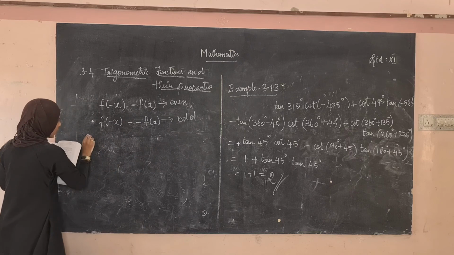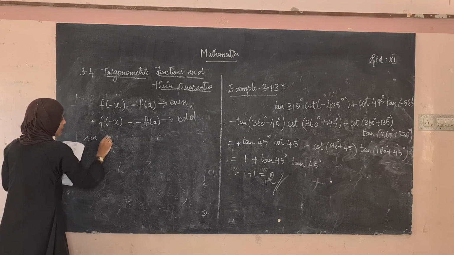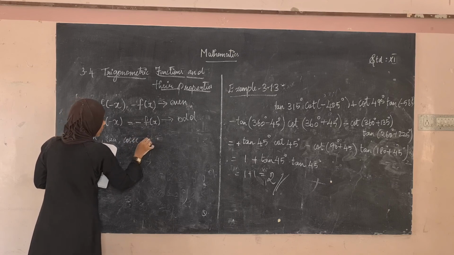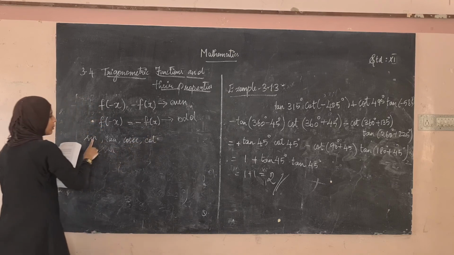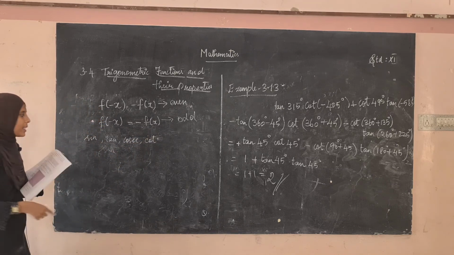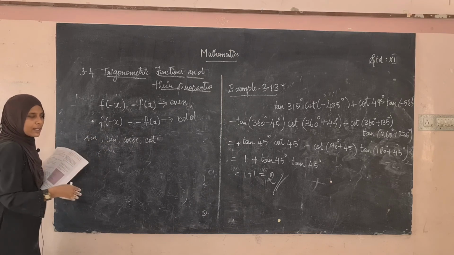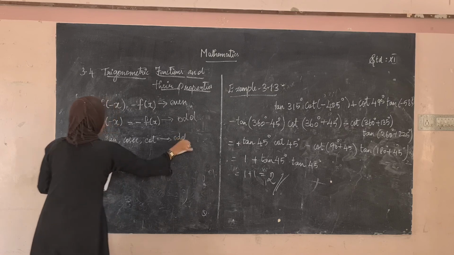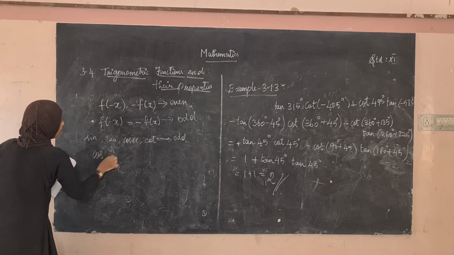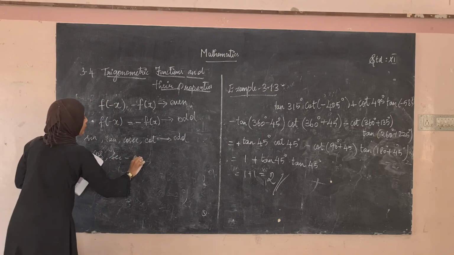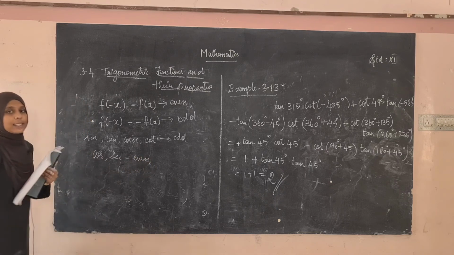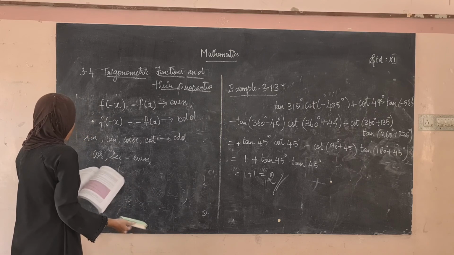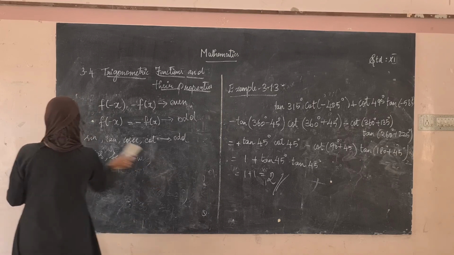Right. So, for sine, tan, cosecant and cot, we will be getting sine of minus theta is equal to minus sin theta, tan of minus theta is equal to minus tan theta. So, these are all odd functions. And cos and secant are called even functions, right? Cos of minus theta is cos theta, secant of minus theta is secant theta. So, that is the even function.